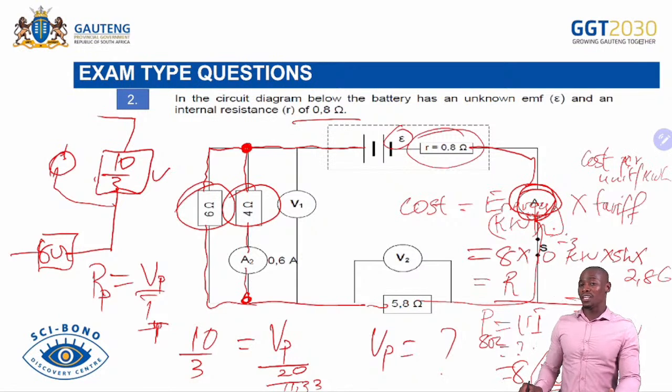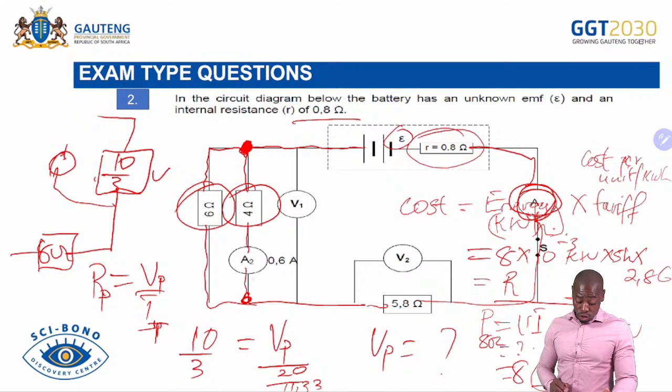It is not the total current of the circuit, but the current that, remember, there was a split there, which means that current is divided. So this 0.6 amperes will be the current that will pass through the 4 ohm resistor, right? Since we have the current that passes through the 4 ohm resistor, we can get the potential difference across the 4 ohm resistor, which would be